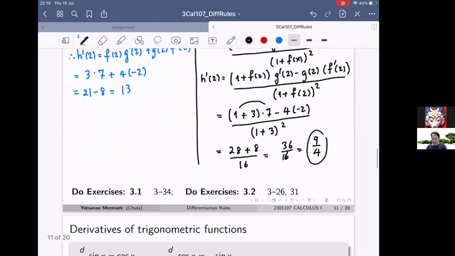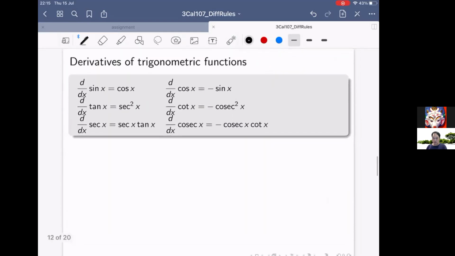So before we end this video clip, let us do a quick review of the derivatives of trigonometric functions. This one we were already given, right? A derivative of sine is cosine. A derivative of cosine is negative sine. A derivative of the tangent, we use the quotient rule to have secant squared. And the derivative of cotangent is negative cosecant squared. So